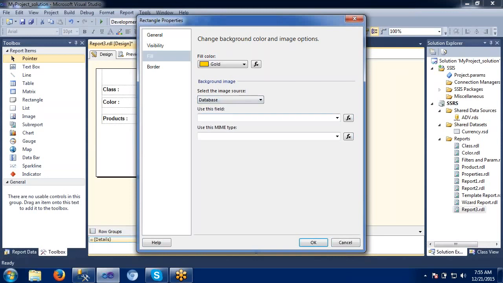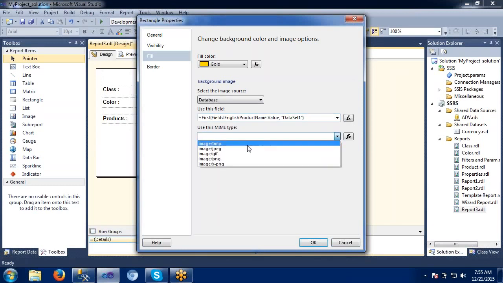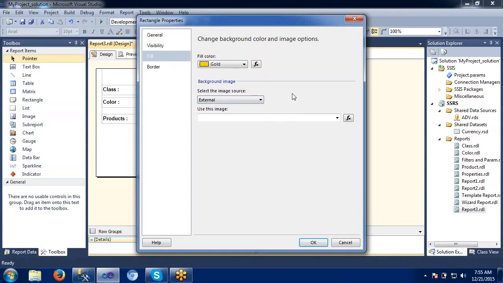It means we have already stored an image file in our database, so we can make use of that image file here. If you want to do that with a dataset, the data, the image type, all these things we can use here. As of now we are not going to use anything here.